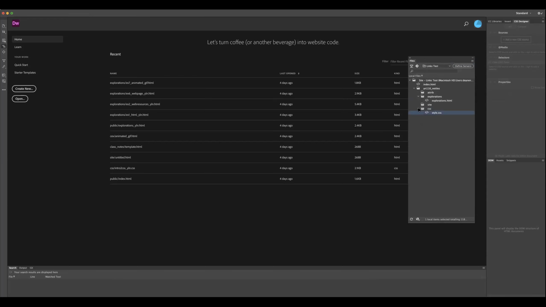And I'm going to save this. Save all. I just find it best to save all. Okay, next. I'm going to open up explorations.html. And there's nothing in here, and I'm going to call this okay. And under body, I'm going to type